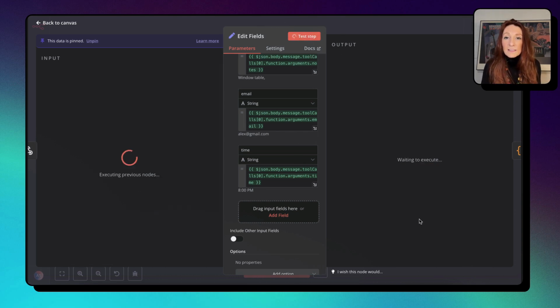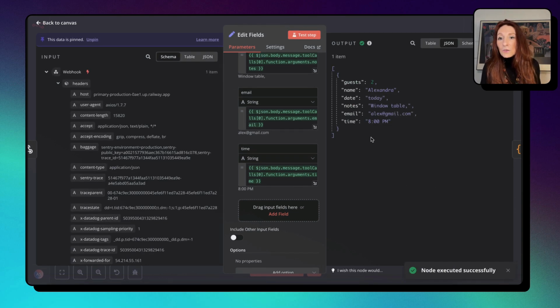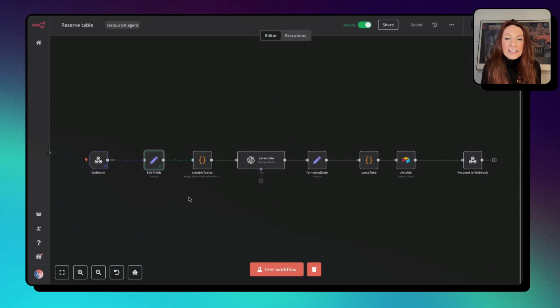So let's test it. Okay, so this is not the one from today. Again, this is another one I have done. Okay, so back to the canvas. Here's a suitable table. It's the same one as in the other workflows. The parse date works the same. The formatted date too. Parse time, and then we have everything we need